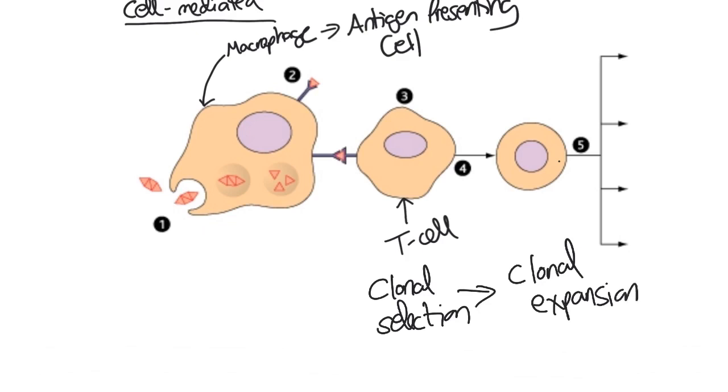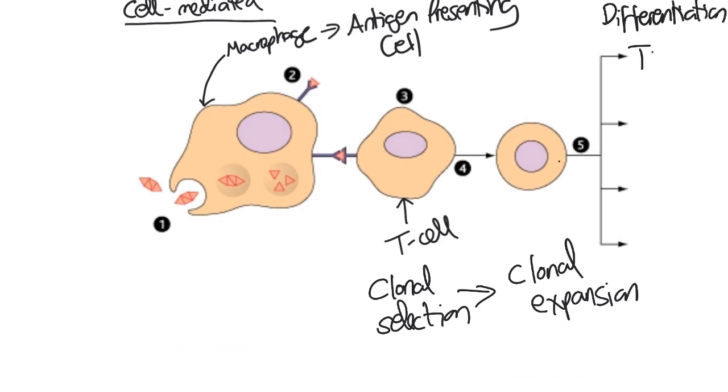Now, when you did the cell division topic, you were taught that typically, once a cell has been differentiated, it's not going to undergo mitosis again. Undifferentiated cells, like stem cells, keep going through mitosis. There are some exceptions to that. Liver cells are an exception to that. You can lose quite a lot of function of your liver, but the remaining cells are able to undergo mitosis to replace and repair the damage. B cells and T cells are also exceptions to this. These T cells, once they've carried out mitosis, are going to further differentiate.